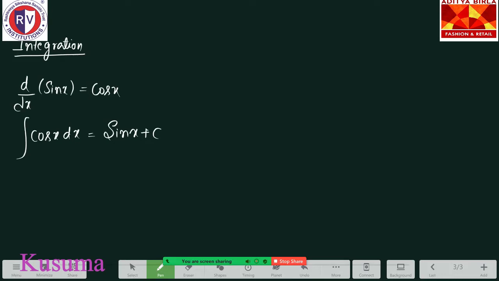So if I do d by dx of sin x plus some constant also, the differentiation will be cos x itself. So while doing the integration, integration of cos x dx will be equal to sin x plus some constant c. Okay, that should always be added because we don't know whether sin x is associated with a constant or not. So we have got the integrals of various different kinds of functions. All of those are in the PDF that I have provided. So let us start with the MCQs itself.